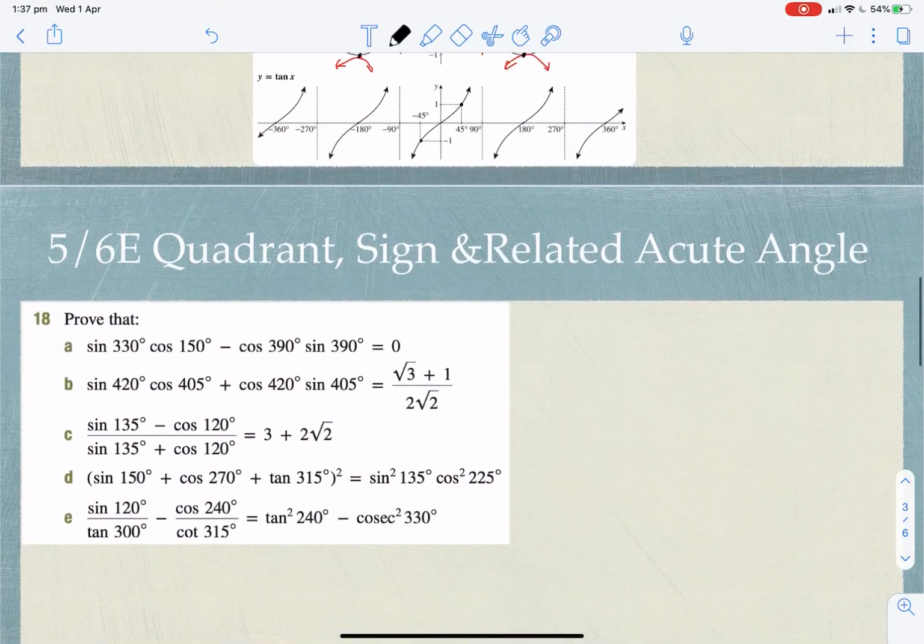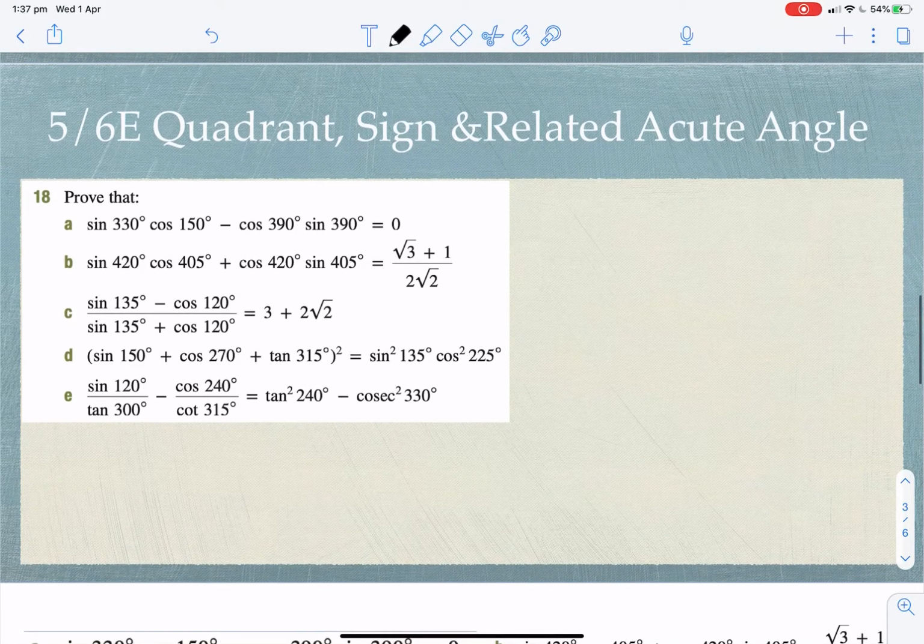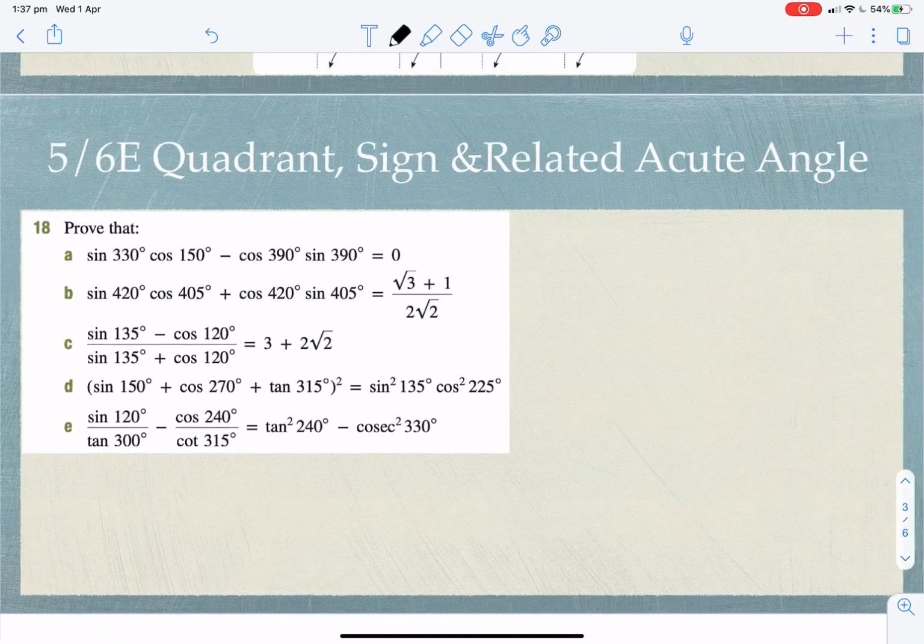So I skipped some of the easy questions. I'm just going to jump straight into the much harder questions because there's no point in easy questions. All right, for question 18, I put down A and B. I think you guys can do the rest. I'm just going to do A and B here. A few things we need to know, which is exactly what we did earlier, and the absolute values. So if you remember how those go,